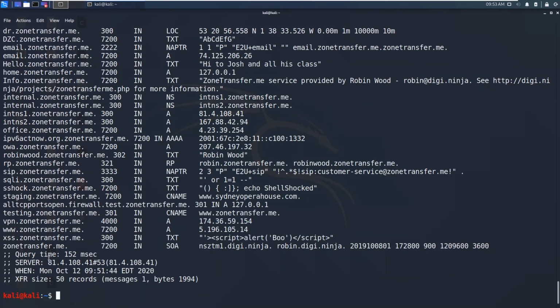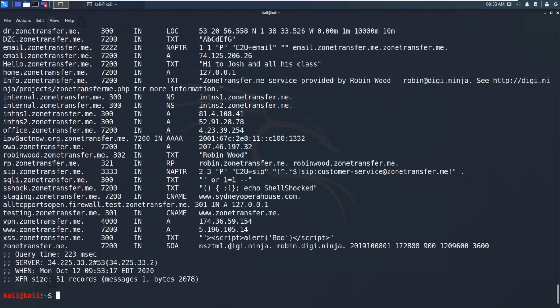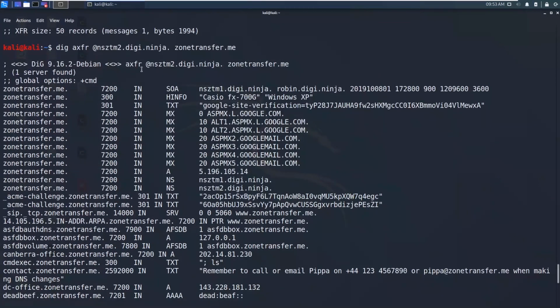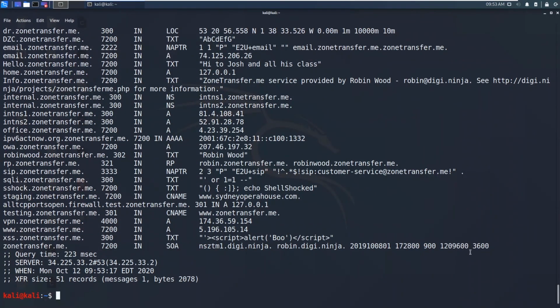So as you can see, there is some query time here, and we can also receive the information from the second name server. We get pretty much the same information because the same information is stored on this name server. Sometimes these name servers store different information according to some zone areas and the servers located in that zone. So as you can see, the dig command has almost got every piece of information from these subdomains and their DNS records.